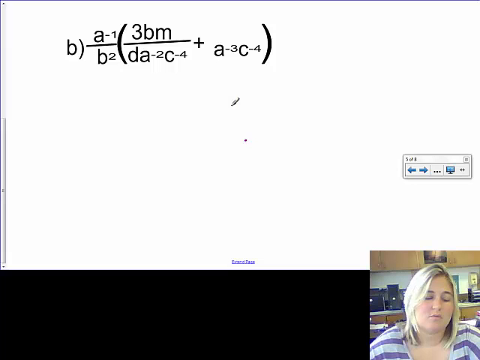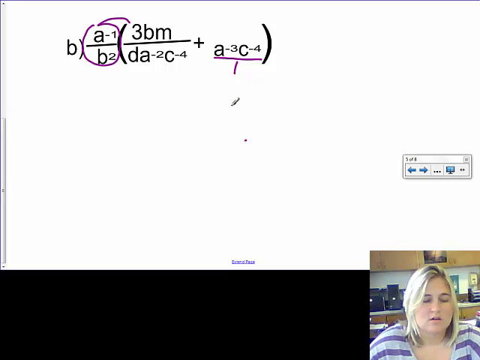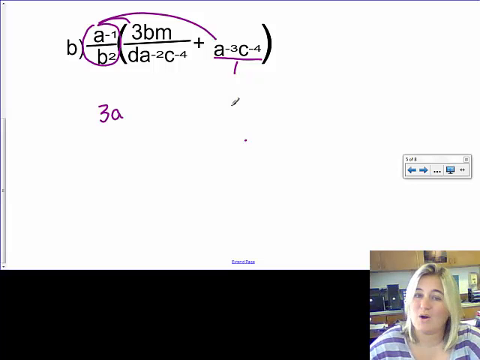On B, we need to start by making this a fraction because we're distributing that fraction. So we're going to put this over the understood 1. And I'm going to distribute what I have right here to everything on the inside. On top here, I have no like bases, so I'm just going to write it as 3a to the negative first,